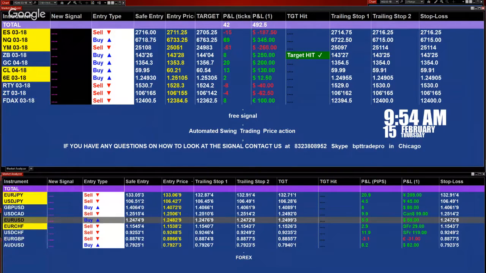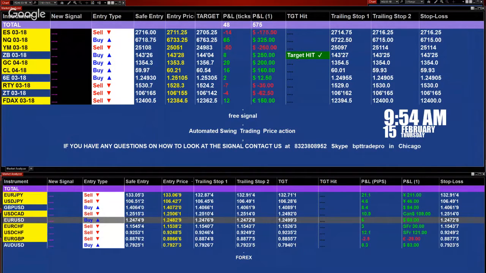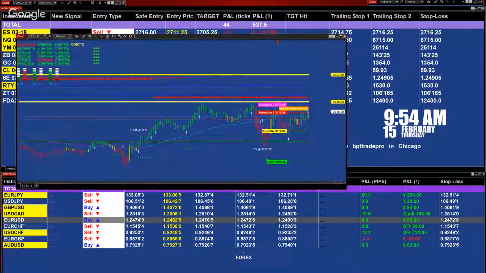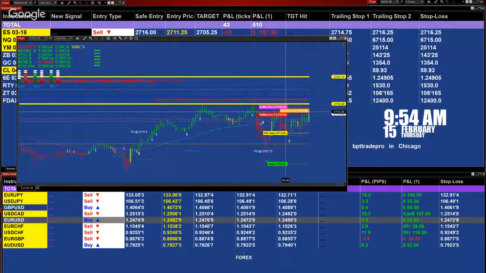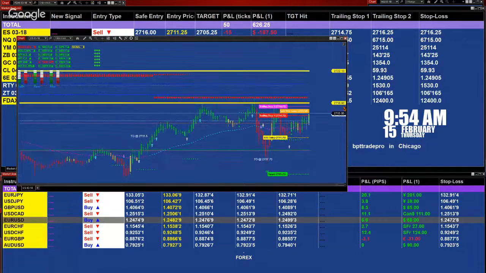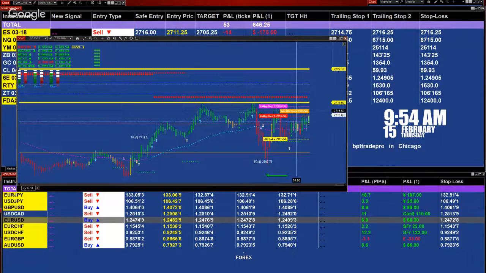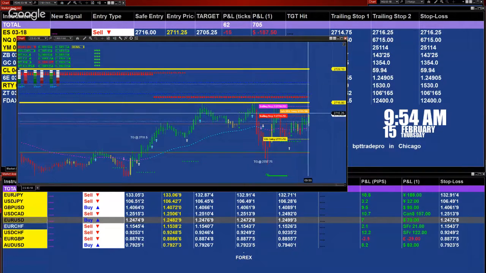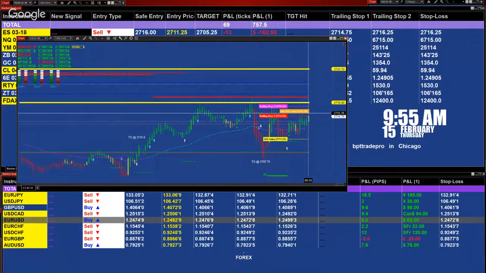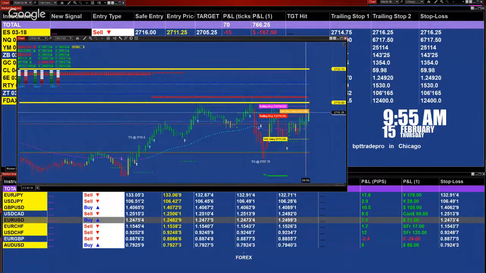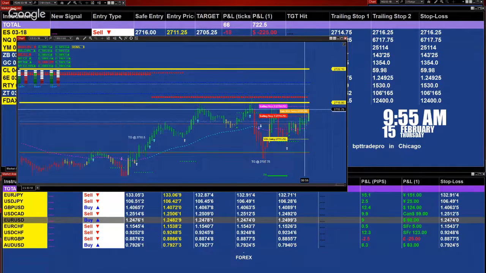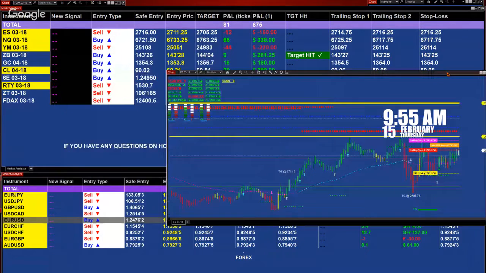Let me get one of the charts. This is your safe entry, as an example, on the ES. And now we have a pullback to the safe entry, which is a place you can re-enter the market. If you notice here, the market touched the sell safe entry. So this is where, if you wanted to re-enter the market or stay on the signal,